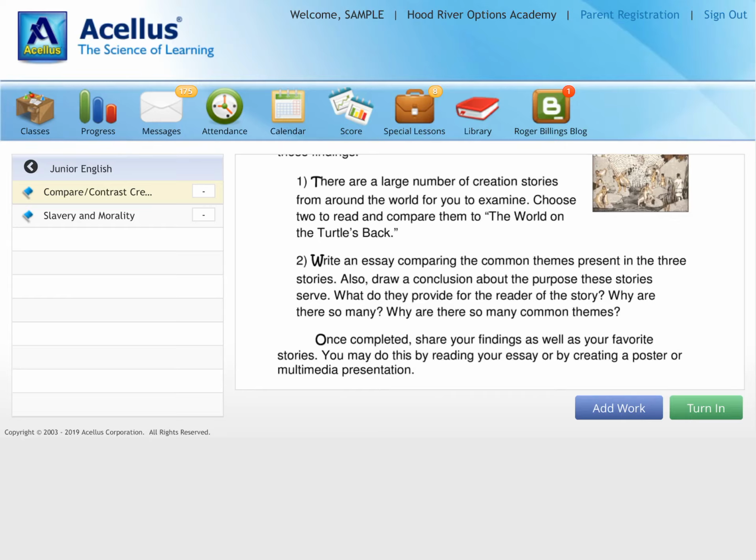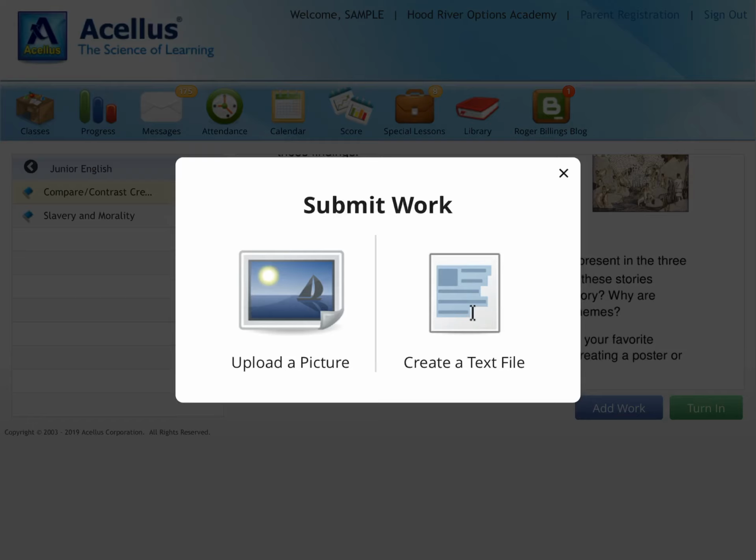do another option. If I write on a piece of paper, I'm going to hit Add Work, the blue button, and I have two options. I can upload a picture, so I can take a picture of my written work, or I can create a text file. We're going to go to Upload Picture. Okay, and whatever the work is, I want to make sure that I make it as big as possible when I take the picture, so I can add the whole picture. Okay, so I would take a picture,